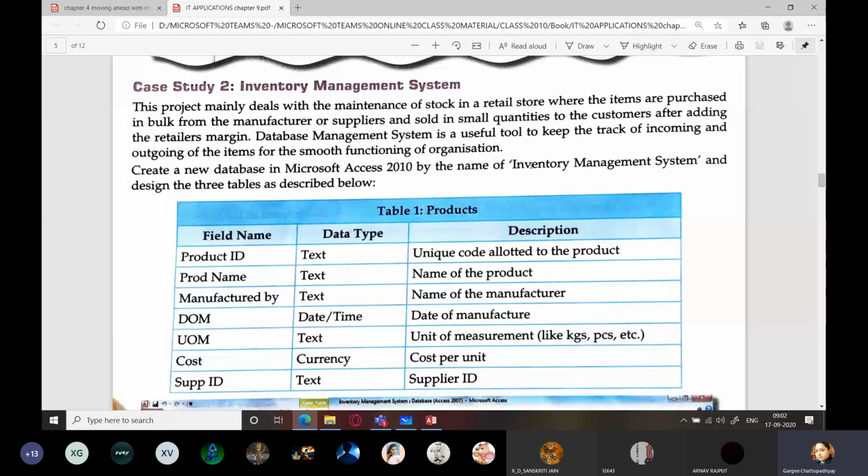So a retail store means a regular shop where all the items are purchased in bulk either from the manufacturer or from wholesalers, that is suppliers, and they are sold in small quantities. You will always find that there is a difference between selling items and purchasing items in bulk from wholesalers.